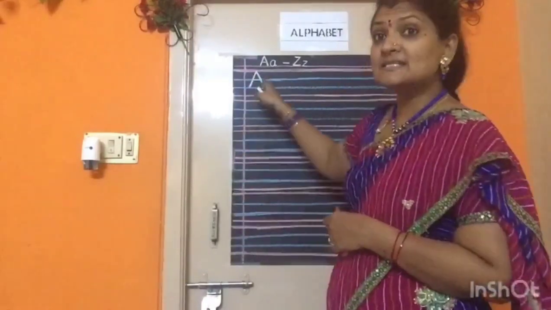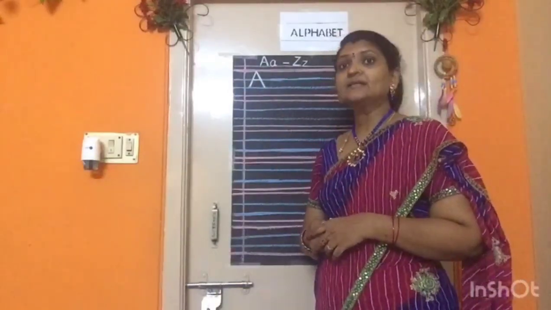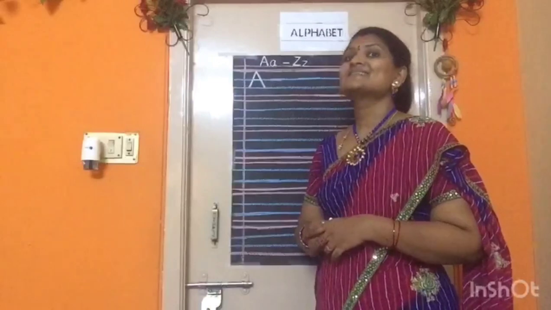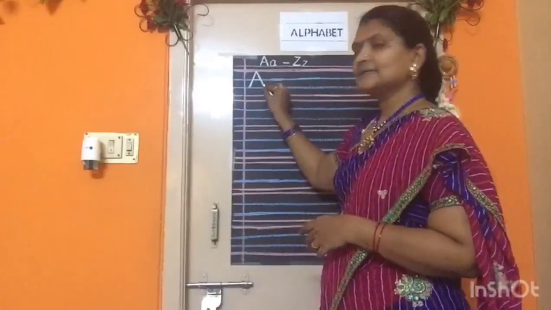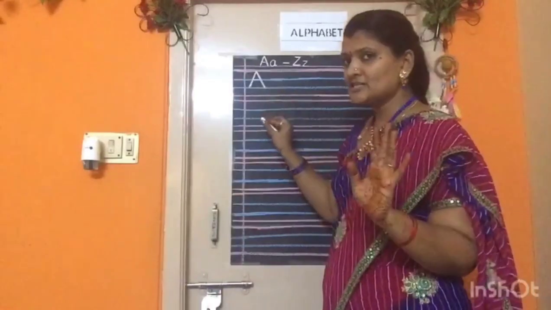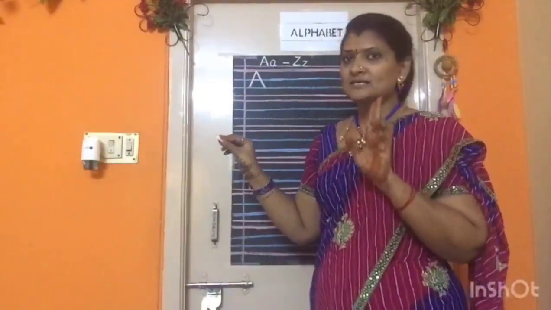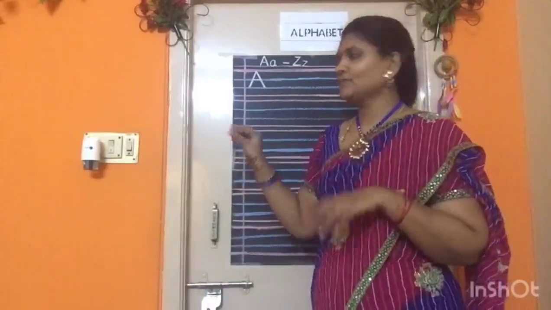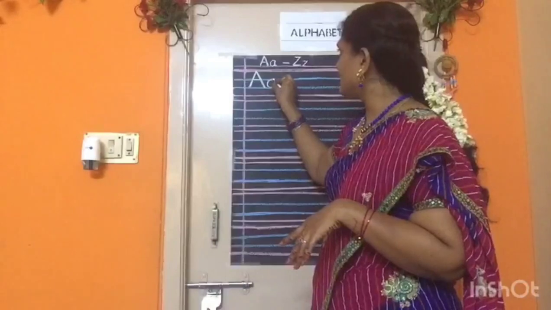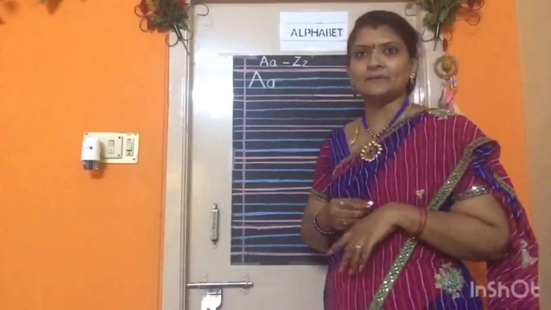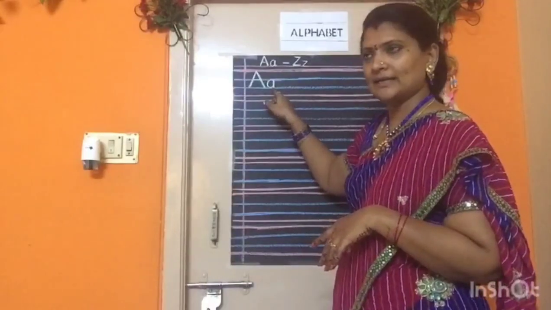Okay children, this is capital A. Yes. Now we will write the small a. Near the capital A only, no finger space. Here you are not going to give any finger space because both are the same, only capital and small. So now write left curve, take it up, bring down, vertical line. Left curve, go up and bring it down like a vertical line.